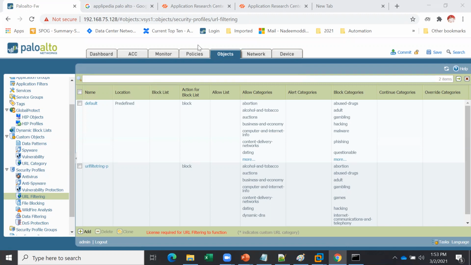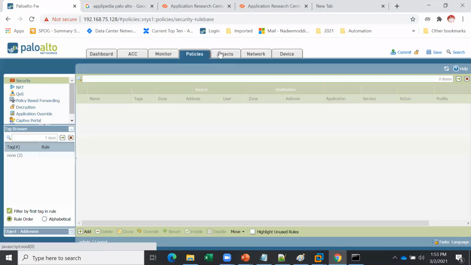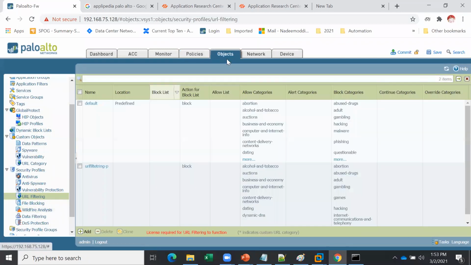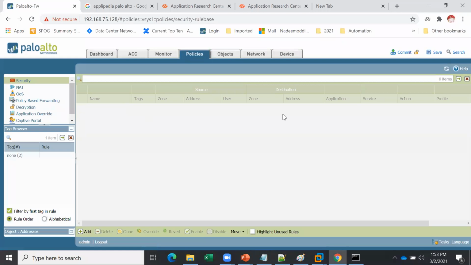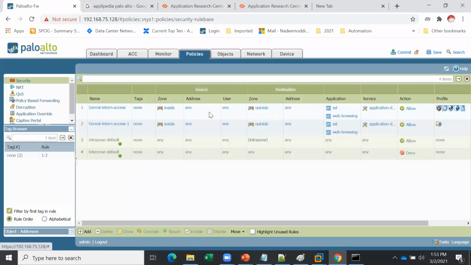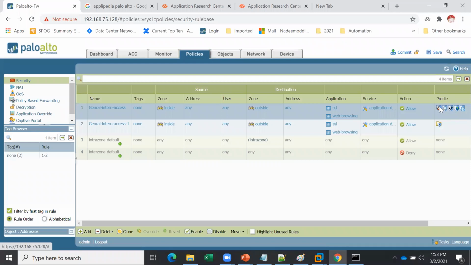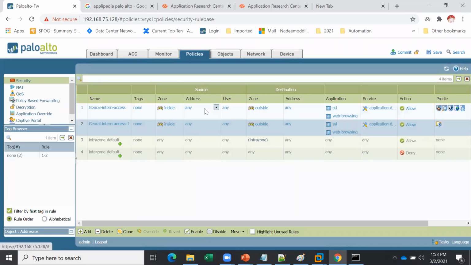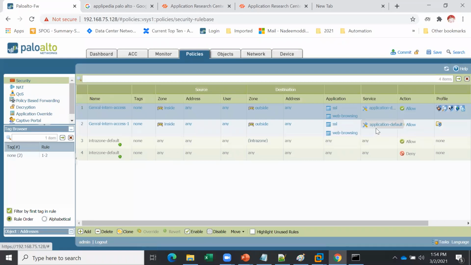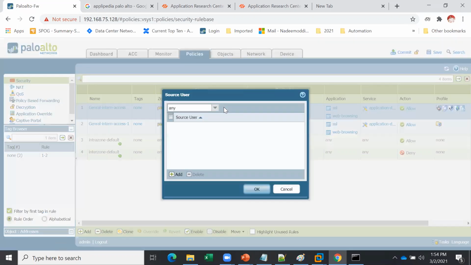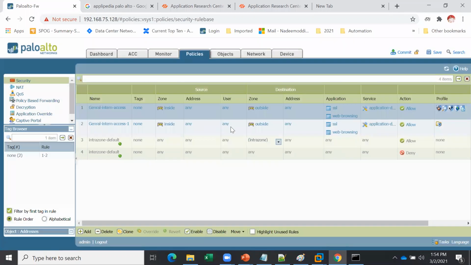Okay. Good question. So see here, whatever profile you created, if it is applied on the security rule, then only will it be applicable. So that's why, when you say any, this is a global rule, so this is applicable for all. But if you specify a user group, then it will be for that particular user group only. If you are specifying some xyz user to allow that particular profile, then it will apply to that one. So when the term is any, then it is global.